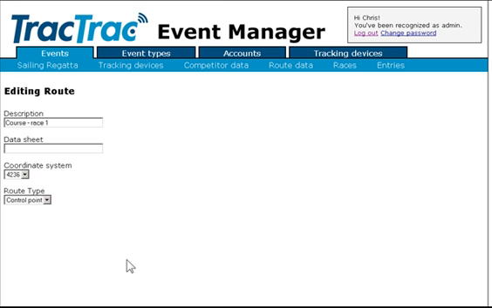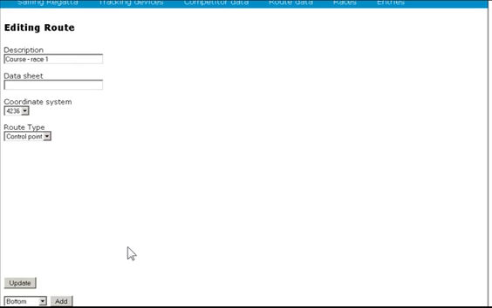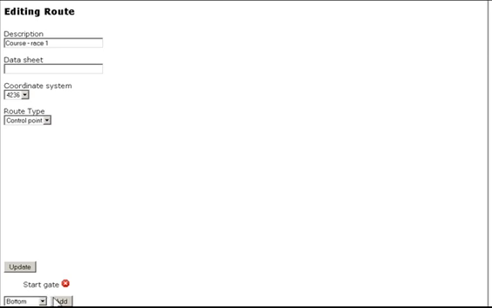The route is now created, and if I scroll down, I will be able to add some of the control marks that I have previously created to this route. I would like to start with the start gate. I click add. After the start gate, they will go to the top mark. I click add,